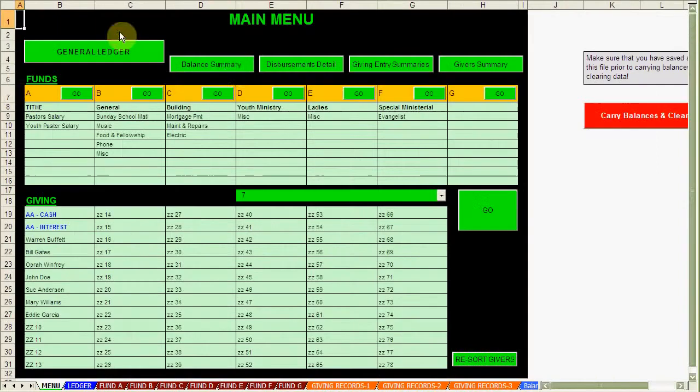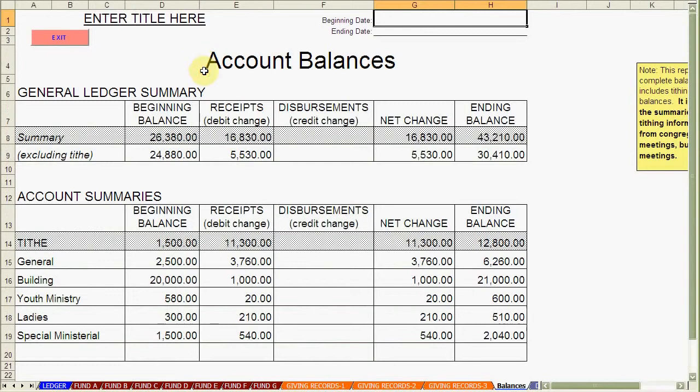So if I hit exit here, and let's go and look at our balance summaries, we can see that now we've got beginning balances and we've gotten receipts. So these receipts so far are just reflective of year-to-date receipts, because we're starting this in midstream. So hit exit,